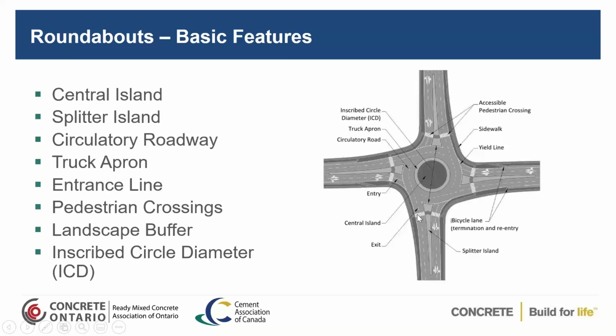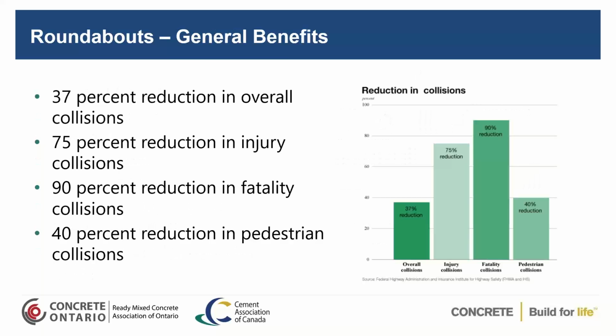You have landscape buffers, and then you have the inscribed circle diameter over here. So overall, just some basic features and a basic overview of roundabouts just to give you an idea of how it all works. Now, in terms of why a lot of cities around the world are constructing roundabouts,